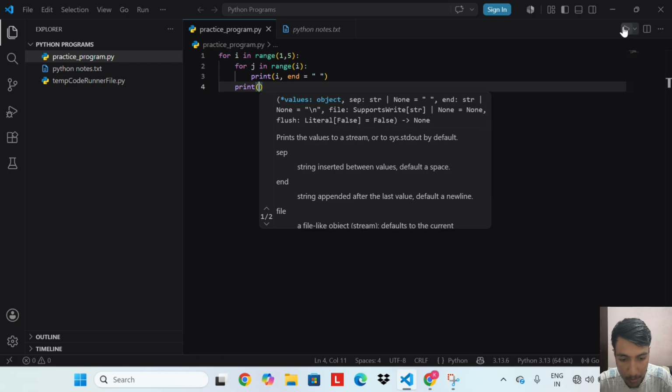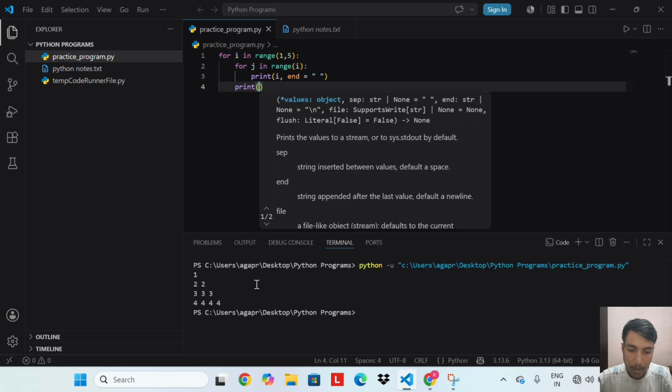Let's run this code. We get output 1, 2, 2, 3, 3, 3, 4, 4, 4, 4.